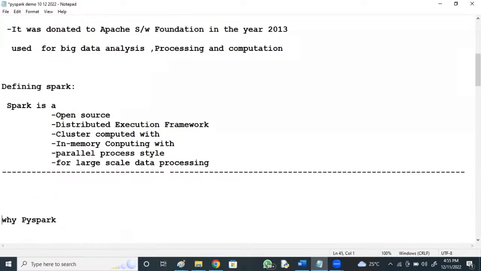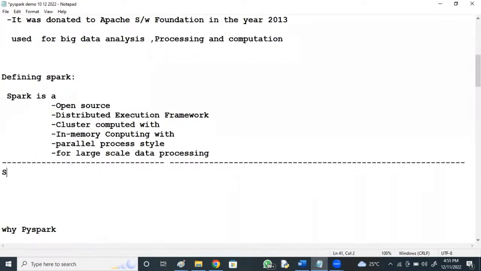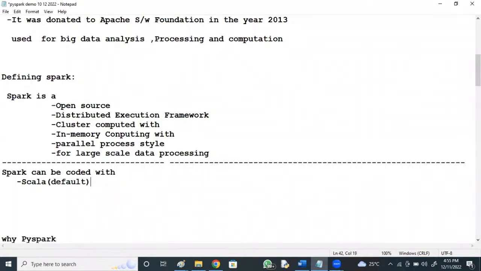Spark can be coded with different languages. Spark can be coded with Scala by default. But as compared to Scala, today Python has many built-in libraries, especially for graph algorithms, machine learning, and recursive algorithms.